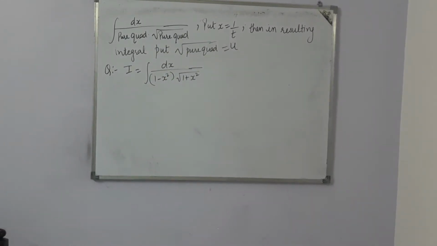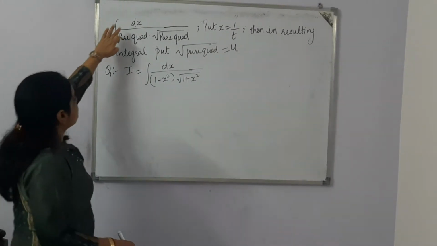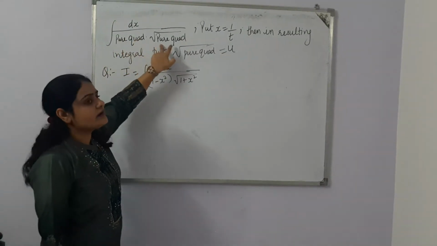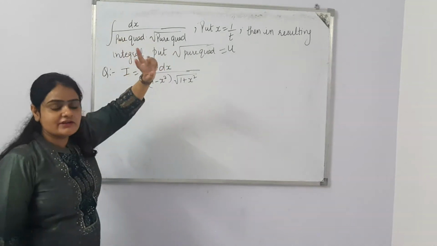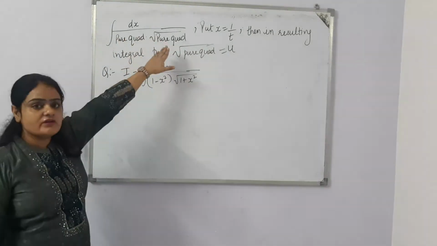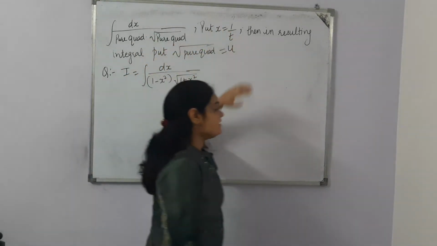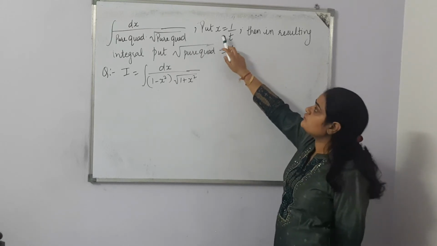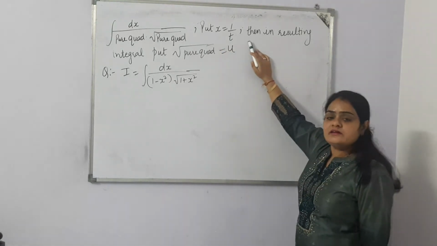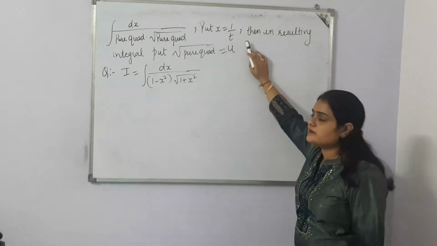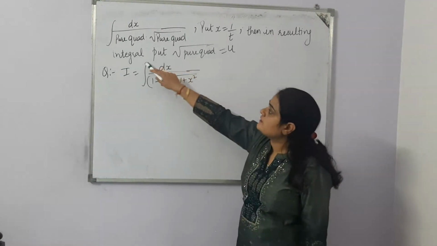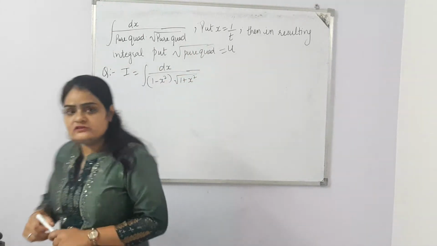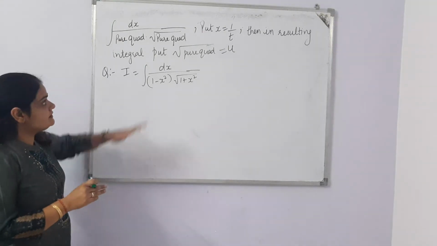Now the next criteria is when we have constant in numerator, here 1 is there, and in denominator we have pure quadratic outside and pure quadratic inside under root. That means both the quadratic functions are there. One quadratic function outside and one quadratic function inside the root. In this case, there are two substitutions. First substitution is x is equals to 1 by t, and after that we need to resolve that integration. Then in the resulting integral, we need to again substitute under root pure quadratic is equals to u. So let's do one question, then you will understand what this criteria is saying.